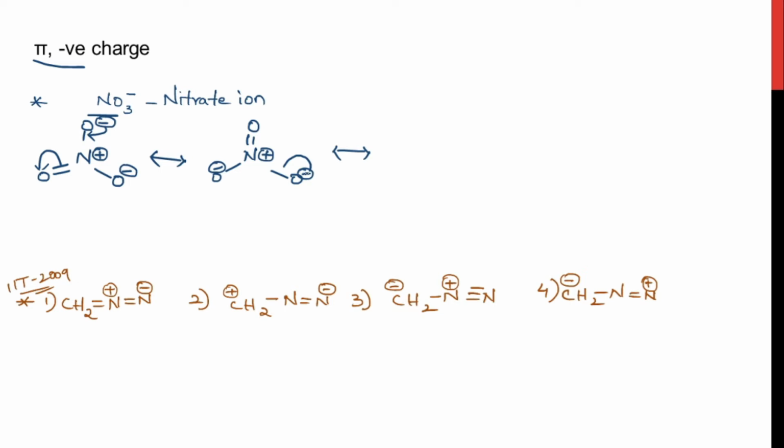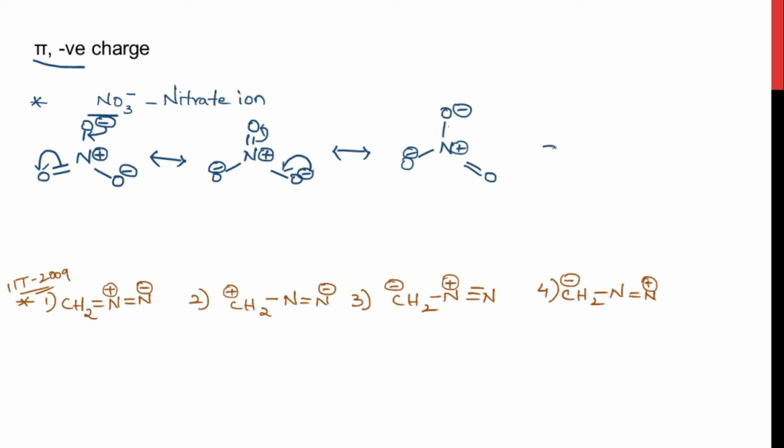For forming the third resonating structure, this negative charge is shifting towards this bond and forms a pi bond. And these pi electrons are shifted back towards the oxygen atom. Now this particular oxygen atom is gaining a negative charge. This is the new pi bond formed. You can see there are 3 resonating structures for a nitrate ion, where in every resonating structure 2 oxygen atoms are having the negative charge on them, and the other oxygen atom is forming a pi bond with the nitrogen atom,